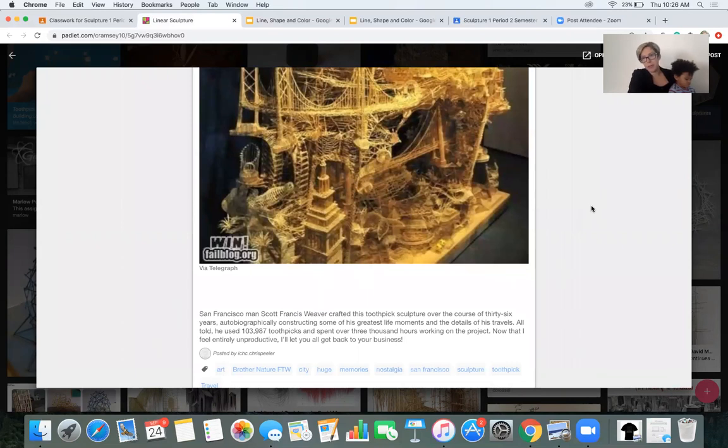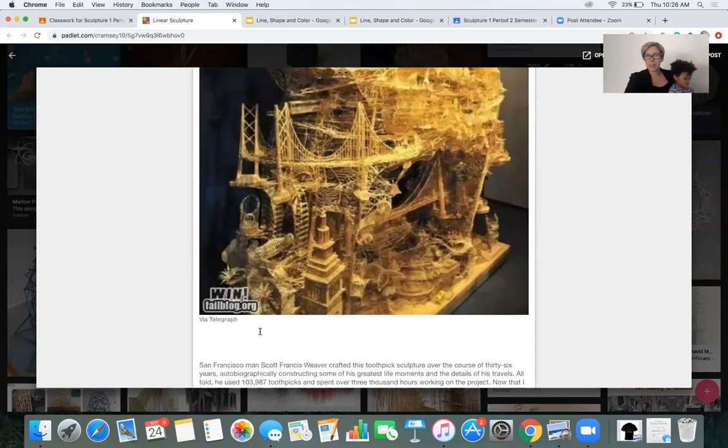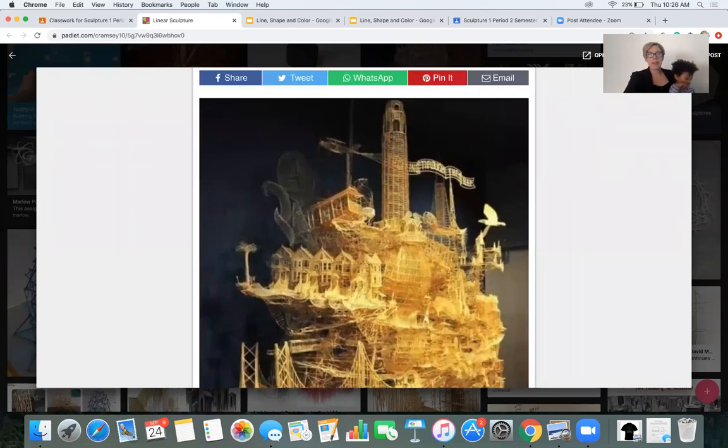So we don't have 36 years to create a sculpture with toothpicks. We probably will take about 4 or 5 class periods to work on that in school. And we also are not going to be using 103,987 toothpicks as this artist did here. Okay, so what